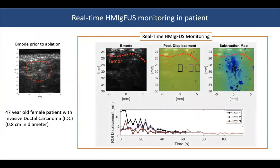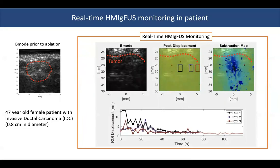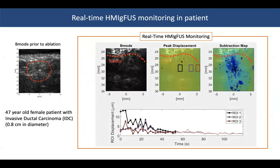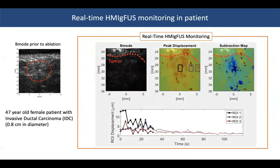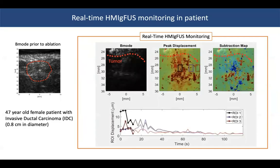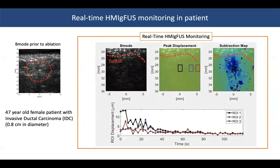Lastly, I want to show the results of the real-time HMI-guided FUS monitoring in the patient with IDC. The tumor is circled in red, and it was found by locating the hyperechoic clip that was placed prior to surgery, as you can see in the middle of the red boundary. And again, here we see an increase in displacement followed by a decrease in displacement, which indicates lesion formation. And this can be clearly seen in the subtraction map, which shows a region of displacement difference between the current